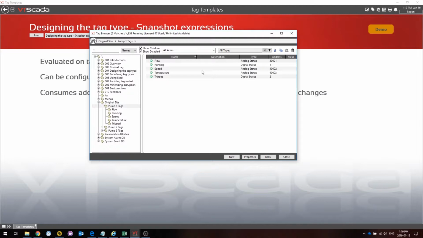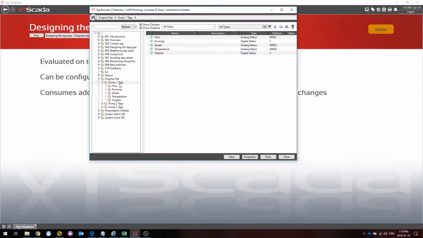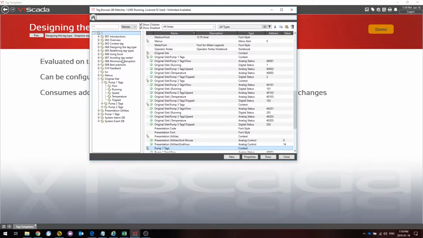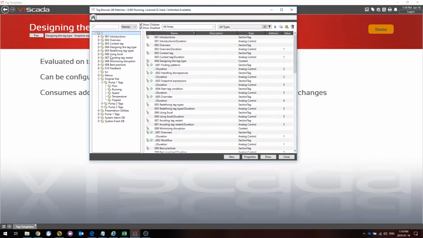So again, my preference here, if I was creating this, would be to create a tag type for each pump. So I'm going to go ahead and do that. I'm going to copy the entire set of pumps here, the entire set of tags. So if I select the pump level, I'm going to select copy, and I'm just going to place it at the root here. I'm going to work with this one. Let me say paste as child. Okay, and if I find it in my list,